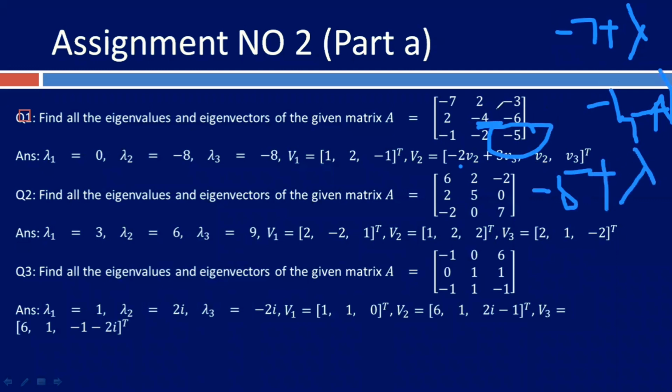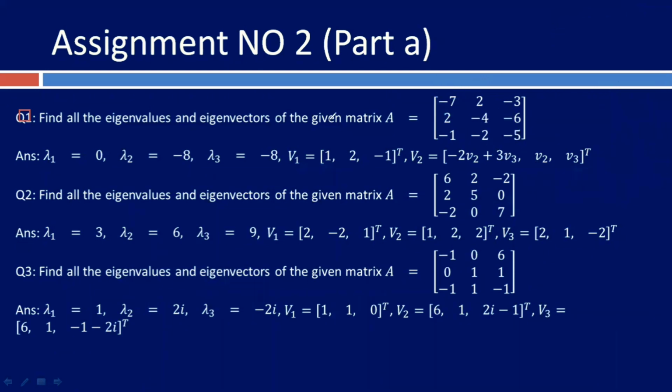All the other entries of the matrix remain the same. We just make changes in these because our identity matrix affects these elements. After finding this, you have to find its determinant, and from the determinant you will reach lambda 1,